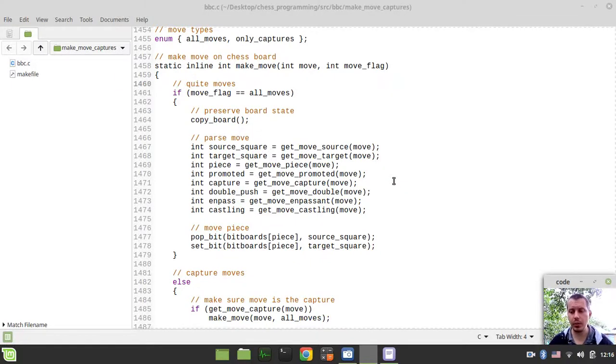Kikins here. In this video we're going to be handling capture moves. So the basic idea is very simple. We need to loop over the bitboards of the side that is opposite to the side to move. So say it's white to move, then we need to loop over all the black bitboards,